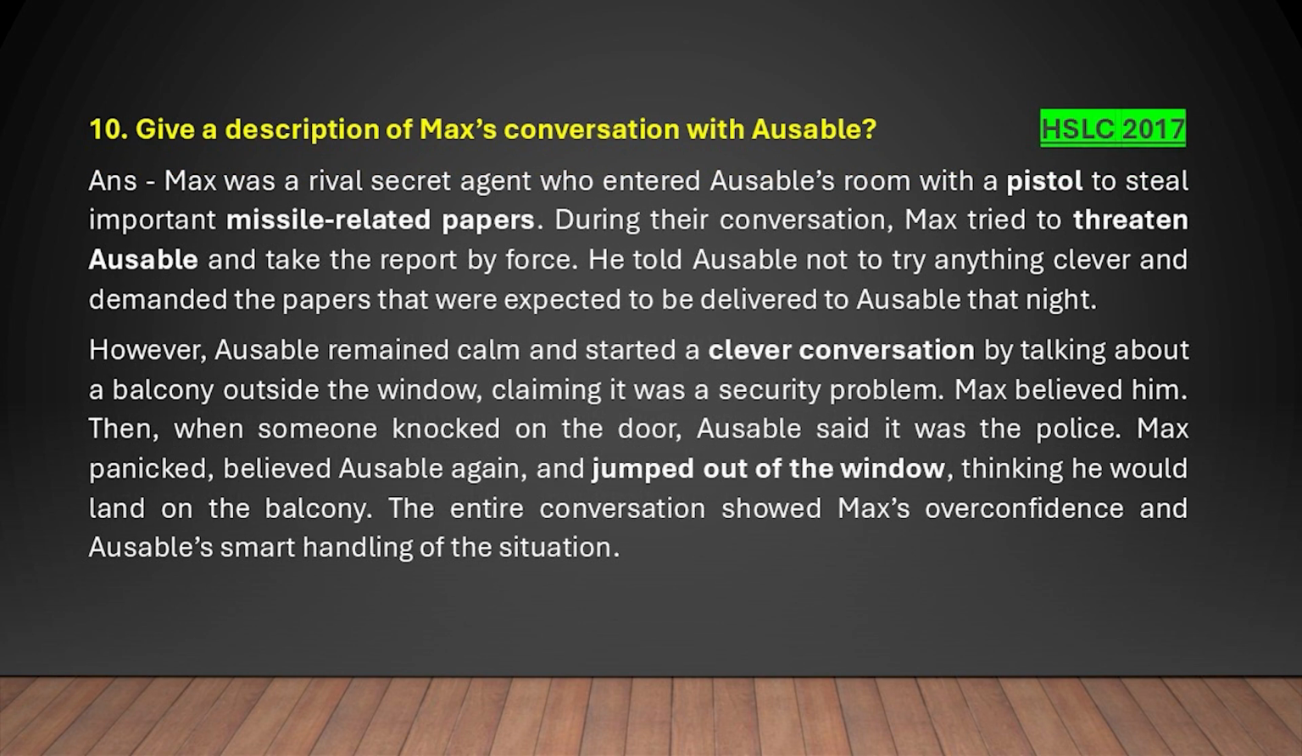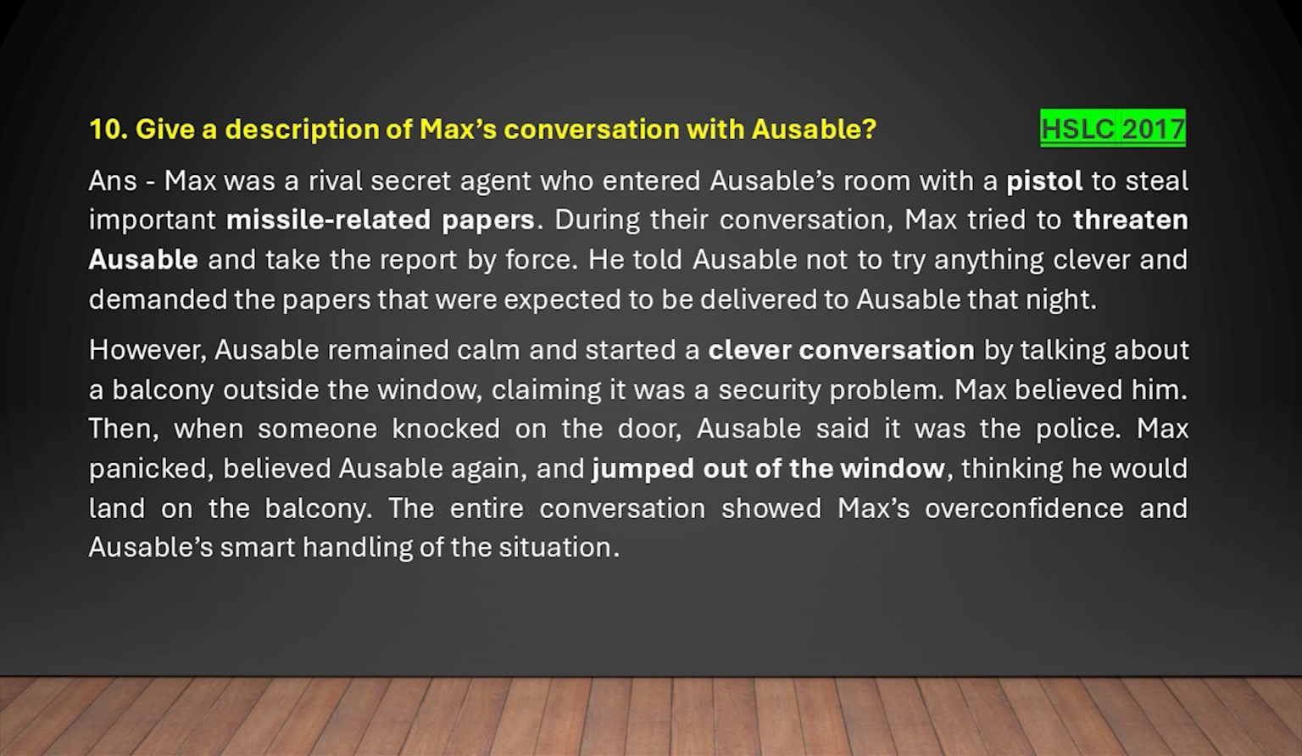10. Give a description of Max's conversation with Ausable. HSLC 2017. Answer. Max was a rival secret agent who entered Ausable's room with a pistol to steal important missile-related papers. During their conversation, Max tried to threaten Ausable and take the report by force. He told Ausable not to try anything clever and demanded the papers that were expected to be delivered to Ausable